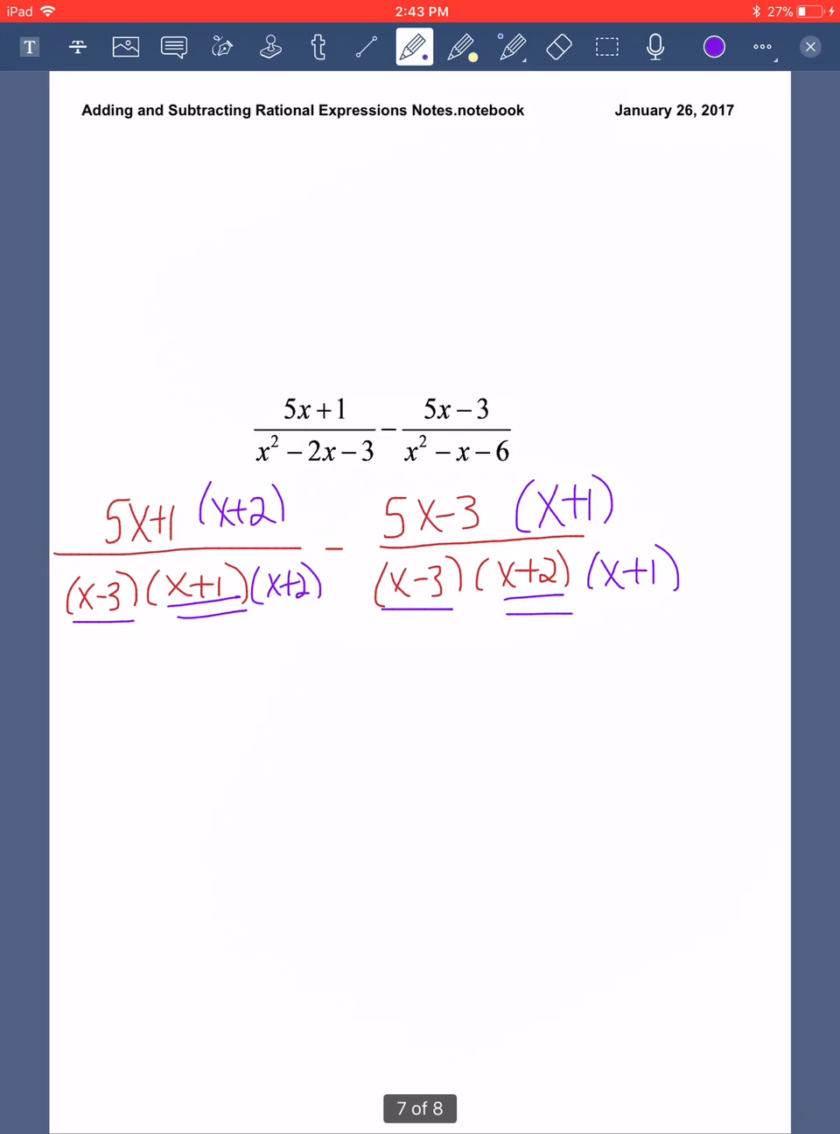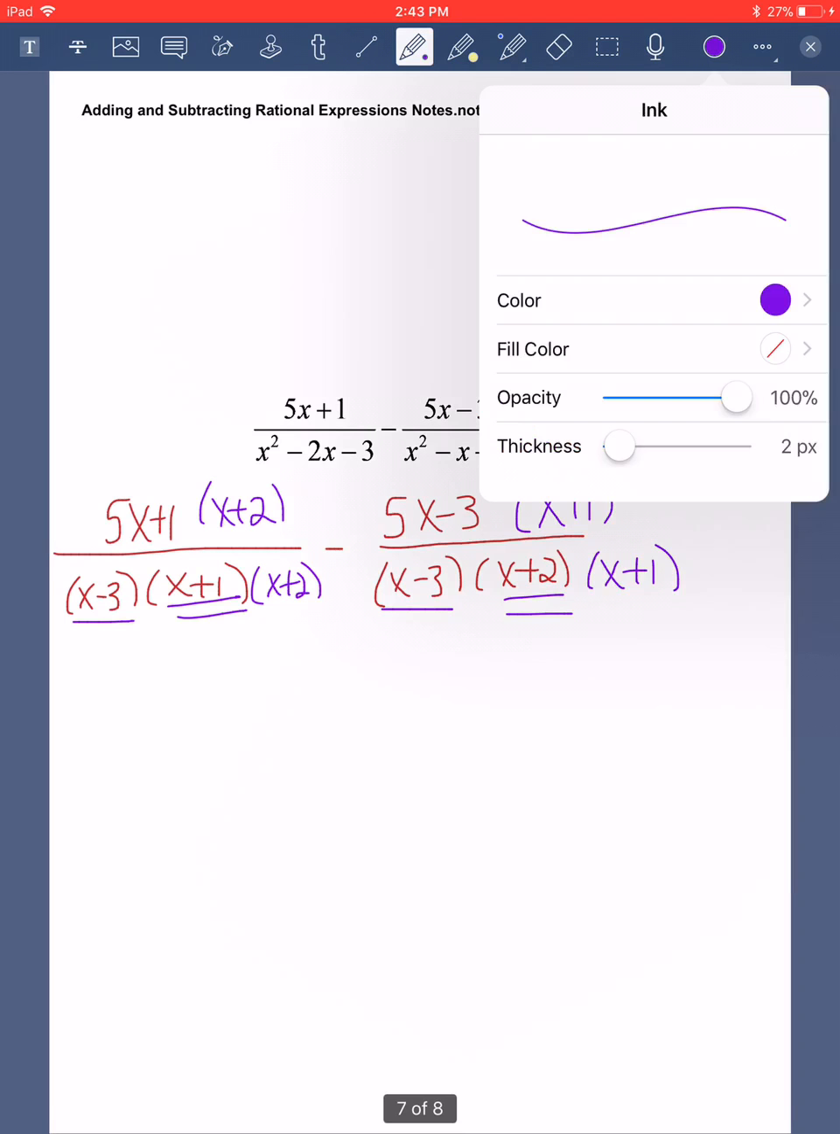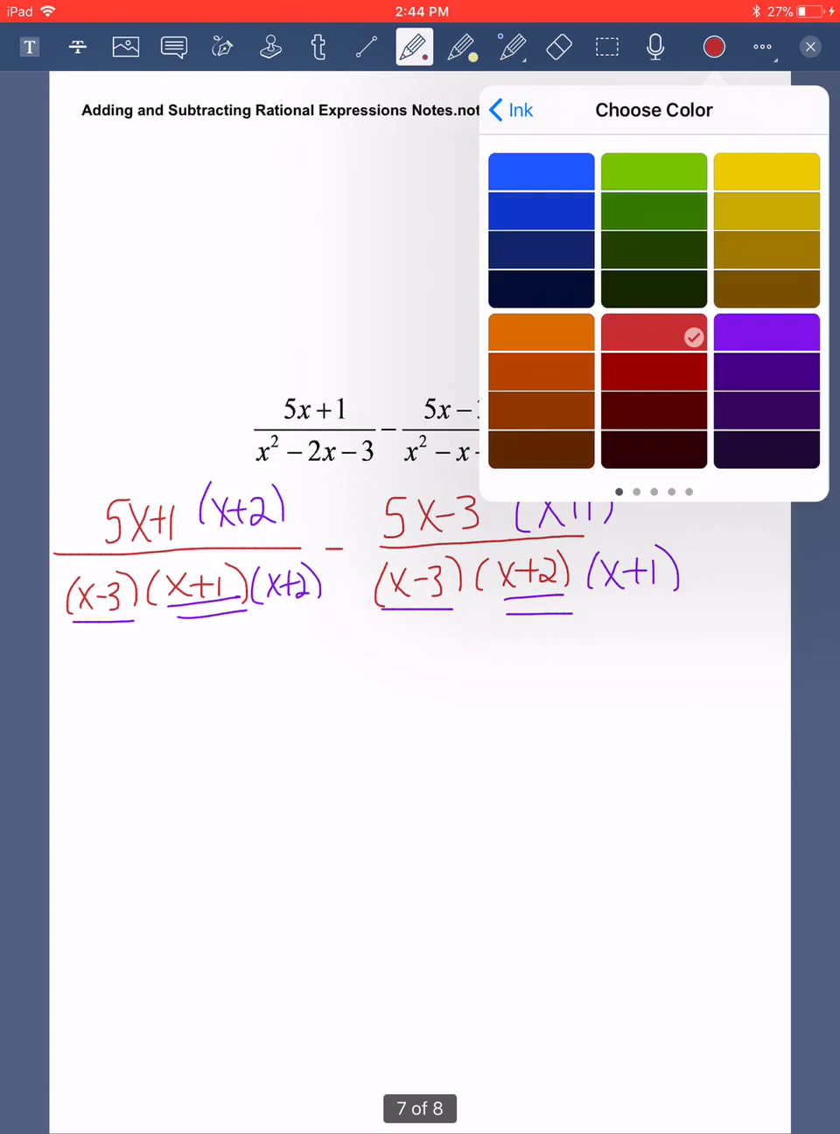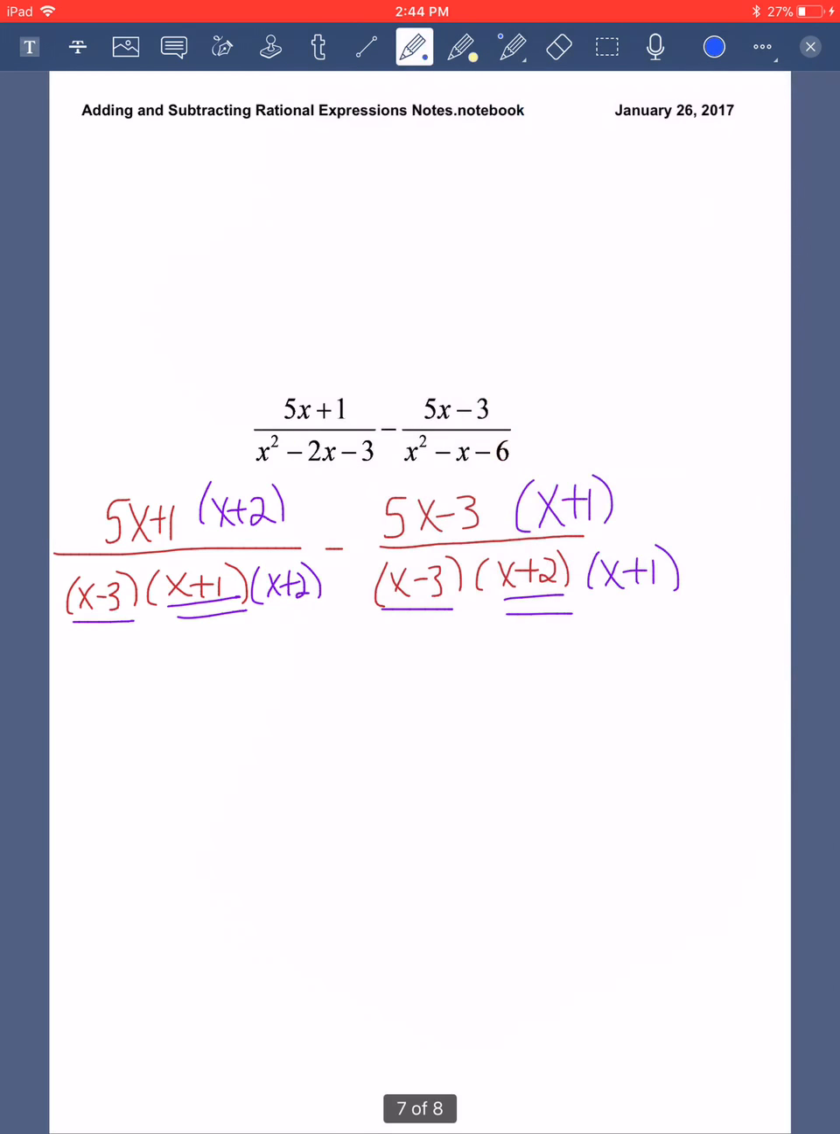So now my next step is I need to FOIL my numerator together. So here I've got 5x plus 1 times x plus 2. So 5x times x is 5x squared. 5x times 2 is 10x. 1 times x is 1x, and then 1 times 2 is 2. So my first numerator is 5x squared plus 11x plus 2